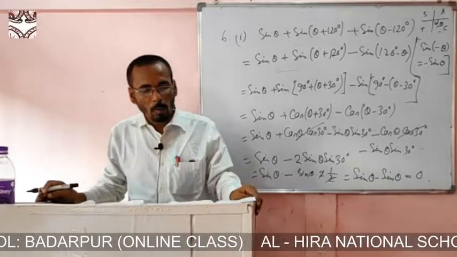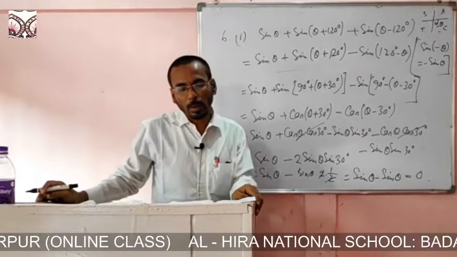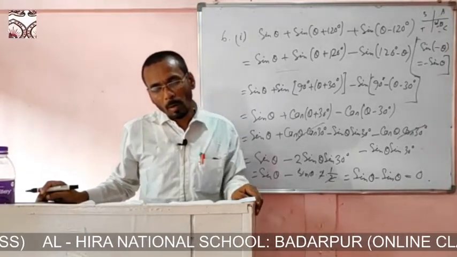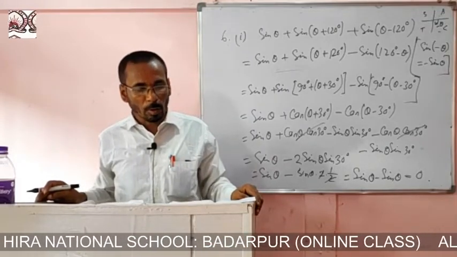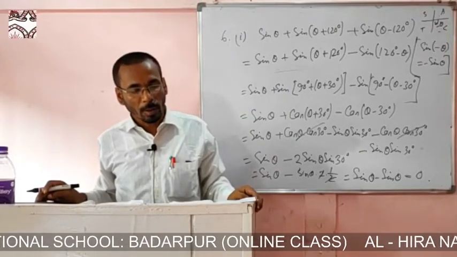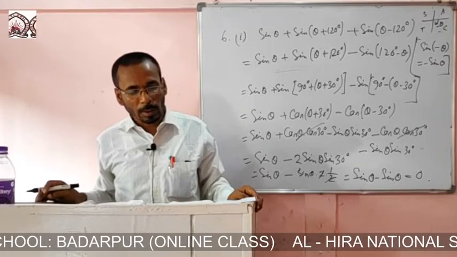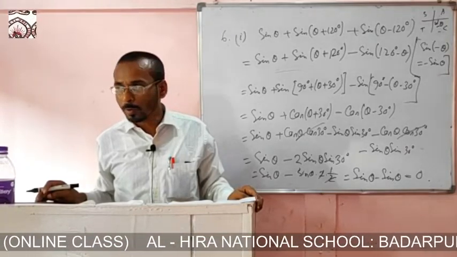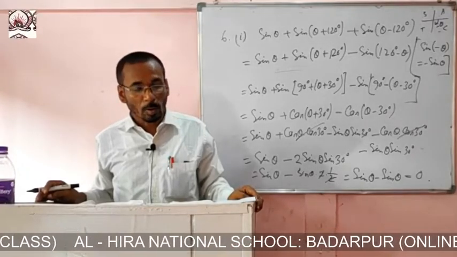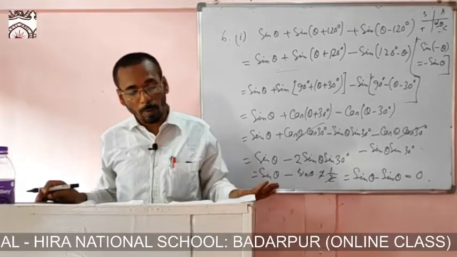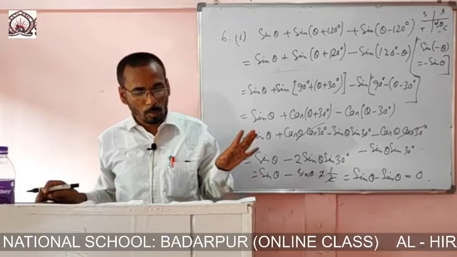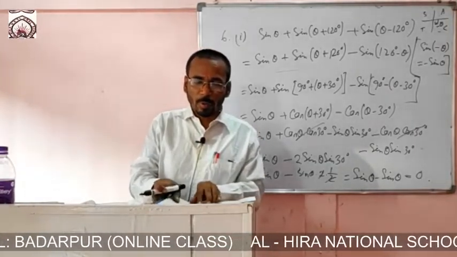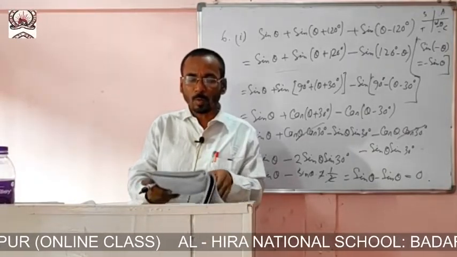9. You see, question number 9 is: show that 1 plus tan 2a tan a is equal to tan 2a into cot a minus 1 is equal to sec 2a. So this one is two parts, so we can prove this separately. First we will prove this part, 1 plus tan 2a tan a.